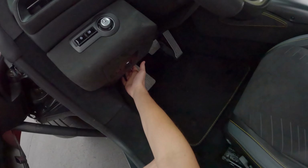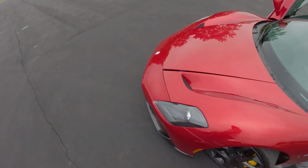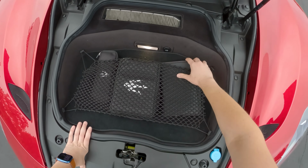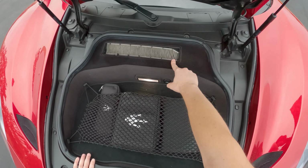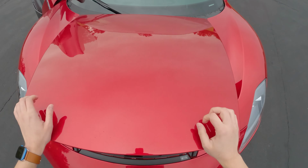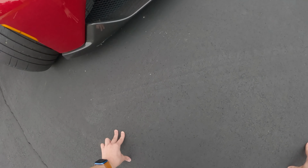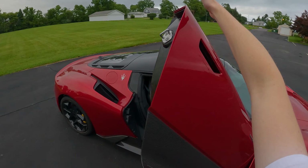Actually, before I shut this, let's pop the frunk and we'll see what we have under here. I actually haven't opened this yet, and I forgot what MC20s have under here, so we're going into this together. Okay. Little compartment here for toolkit, owner's manual, all that stuff. I wonder if maybe there's supposed to be a cover on this? Not sure. But of course, carbon fiber. Everything on this is carbon fiber, and it shows, especially when you get it from someone who hasn't been nice to it. Got a big chunk out of the splitter down there, so that's not too fun. Anyways,